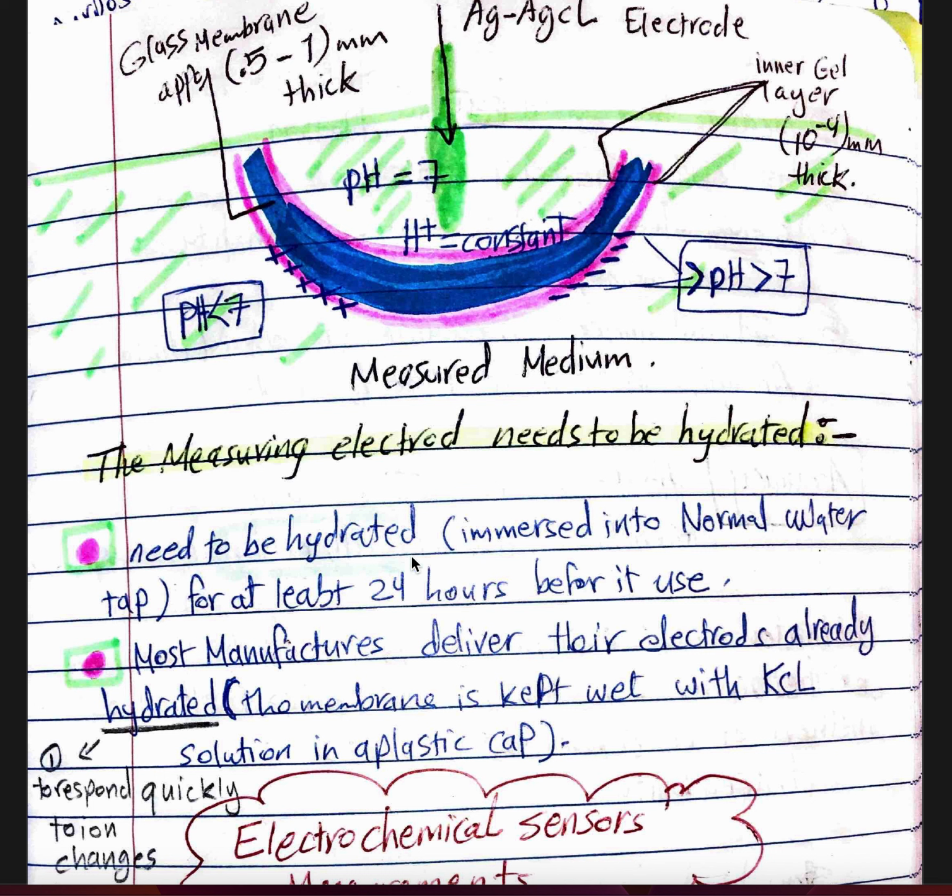The electrode needs to be hydrated, immersed in normal tap water for at least 24 hours before use. So this electrode, the measuring electrode or the sensing electrode, should be hydrated for 24 hours before we use it. Some manufacturers deliver their electrode already hydrated, with the membrane kept wet with the KCl solution in